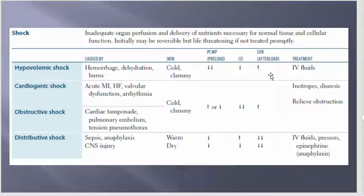And then afterload increases. Use IV fluids. Cardiogenic shock: acute myocardial infarction, heart failure, valvular dysfunction, arrhythmia. The big thing here is a decrease, and then you might also have an increase of afterload. Relieve obstruction. Obstructive shock, same idea: cardiac tamponade, so you have fluid or blood, pulmonary embolism, tension pneumothorax, so